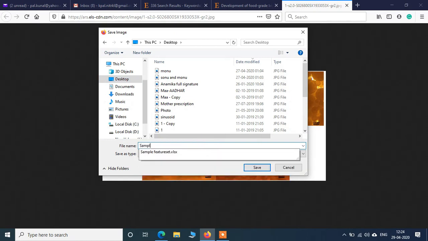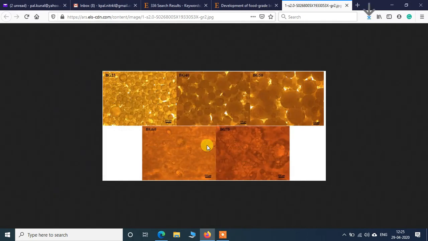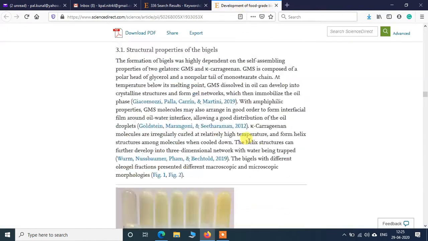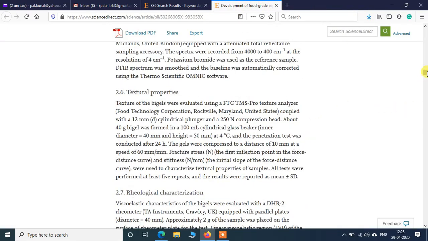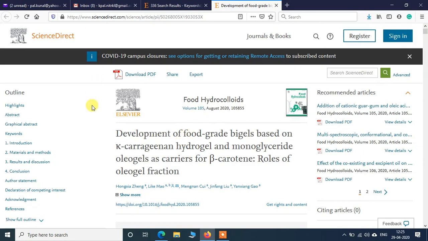Say sample image for reproduction. Okay, click OK. I will then close it. Then I will go to the top of this article, and just after the title of the article, over here we get a link, get rights and content. Click on this.